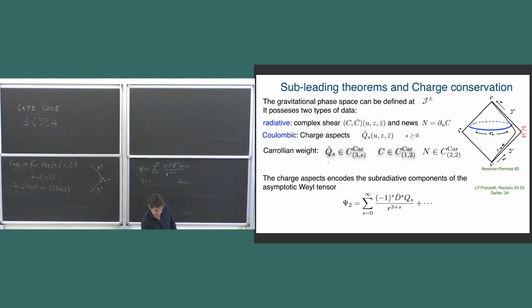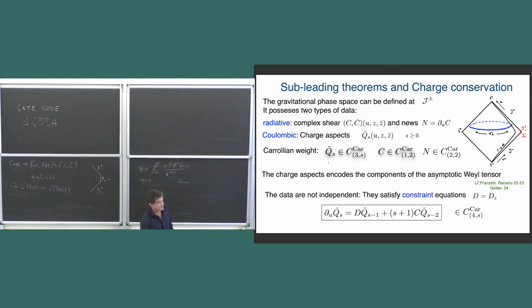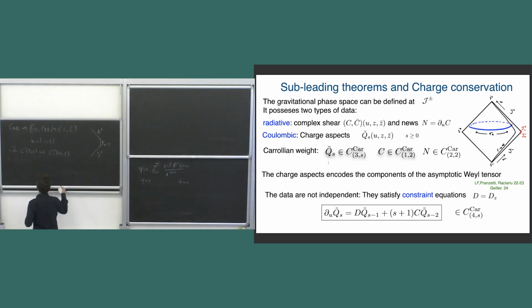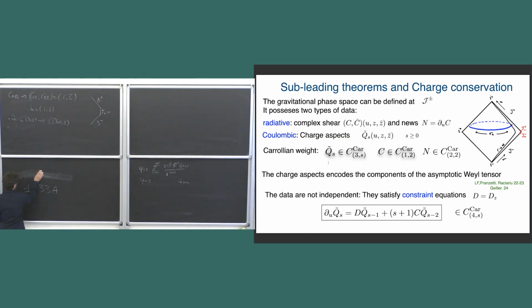Okay, so this is this Coulombic data, okay? And now this Coulombic data, of course, why don't we hear about it? Usually you hear that it's enough to give the radiative data. We don't hear about it because there's a constraint, right? The Coulombic data, as usual, that's the definition of Coulomb, is that there's a constraint equation that relates the Coulombic data and the radiative data, okay? And this constraint equation takes this very simple and beautiful form here, okay? So let's say, can I erase that? You have the code. So this is this equation.